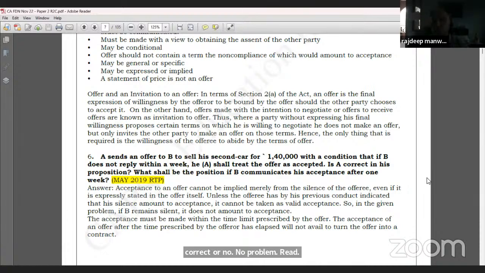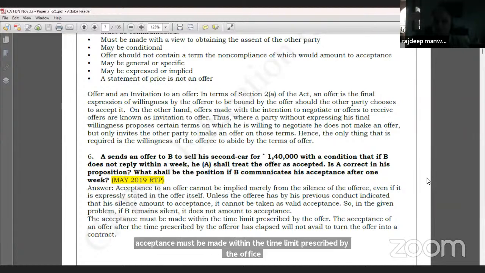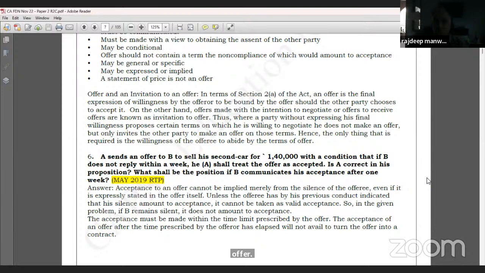Acceptance to an offer cannot be implied merely from the silence of the offeree, even if it is expressly stated in the offer itself, unless the offeree has by his previous conduct indicated that his silence amounts to acceptance. It cannot be taken as valid acceptance. So, in the given problem, if B remains silent, it does not amount to acceptance. The acceptance must be made within the time limit prescribed by the offer. The acceptance of an offer after the time prescribed by the offerer has elapsed will not avail to turn